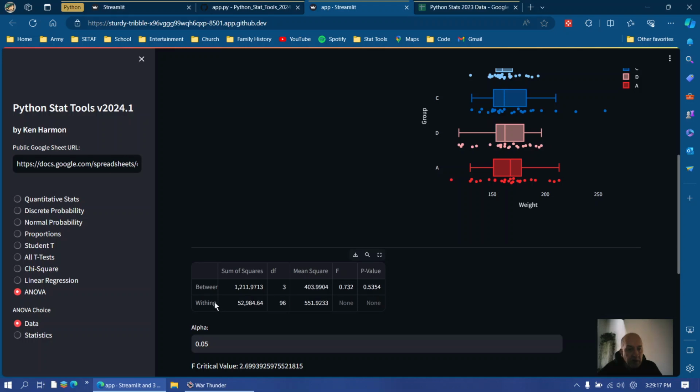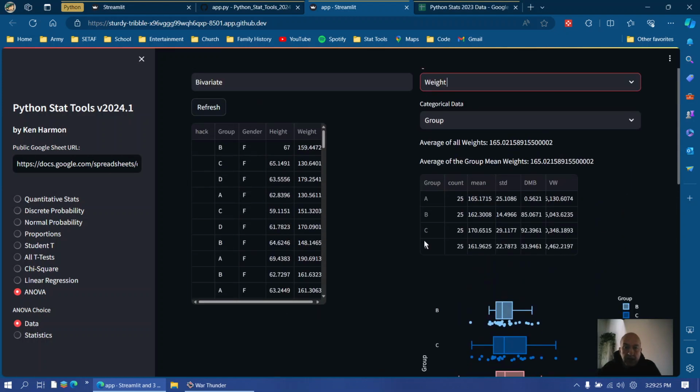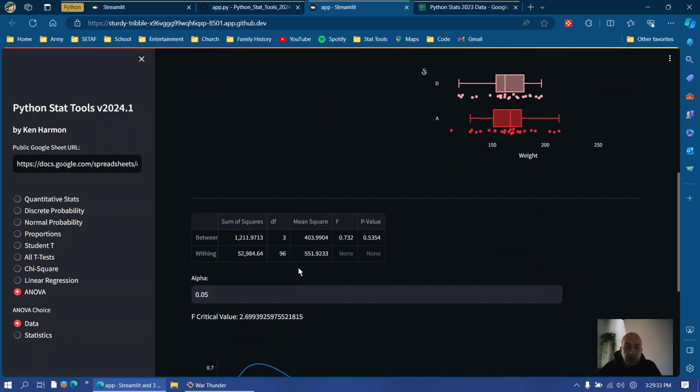I'll have to find out where that is. There's not supposed to be a G. It's just supposed to say within. And degrees of freedom 96. What we're looking at here is there are 100 items total, and 1 off of each group gives me a degrees of freedom 96. And then you got your mean square, your F score, and then your p-value,